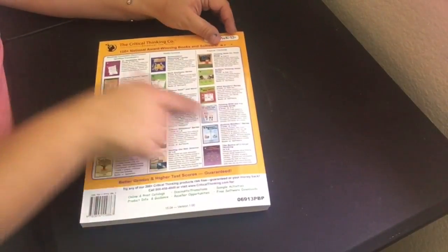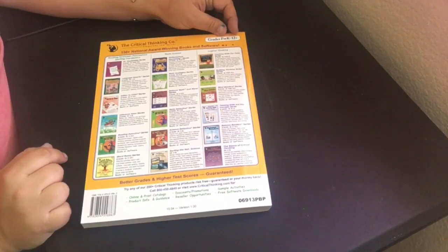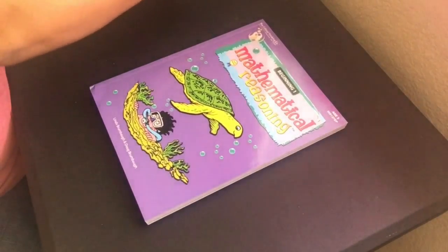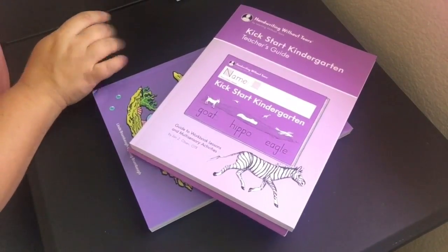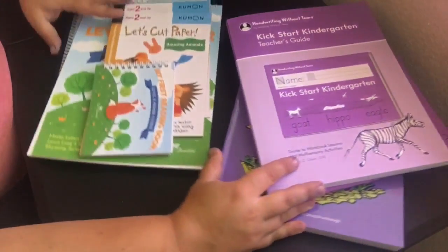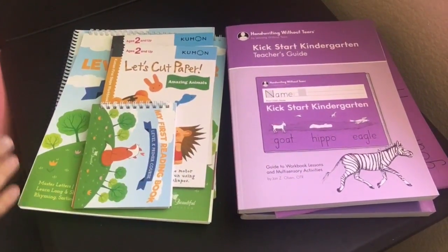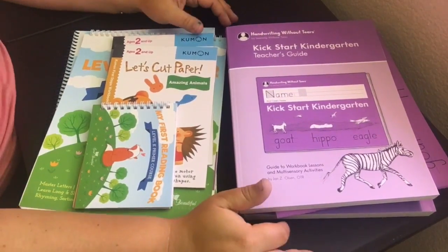So, and these are all the different resources, books, and curriculum that the Critical Thinking Company has to offer. So, and I got this from Rainbow Resource. The Handwriting Without Tears, I went ahead and just bought it from their website. And then obviously the Good and the Beautiful stuff is from the Good and Beautiful website. So that is what I'm using for my kind of pre-K / kindergartner for his language and math curriculum next